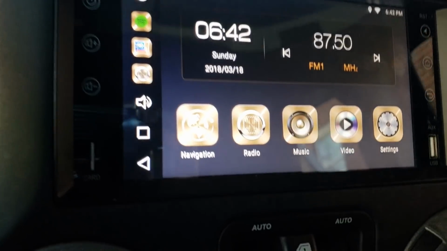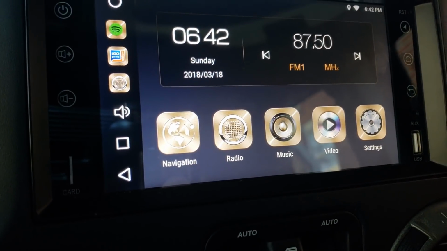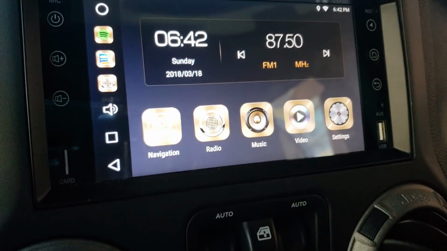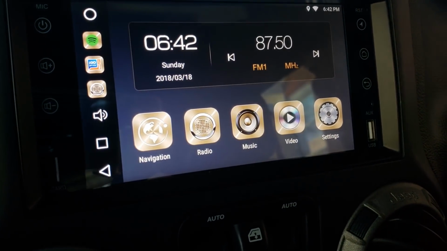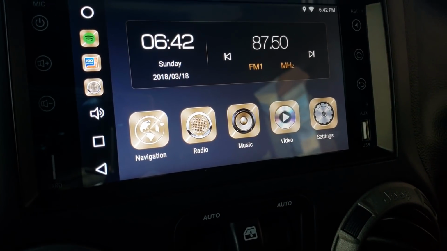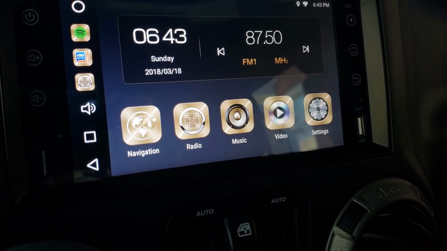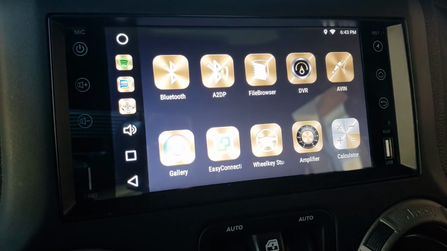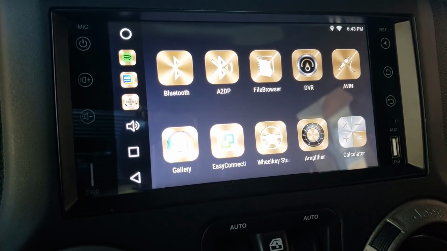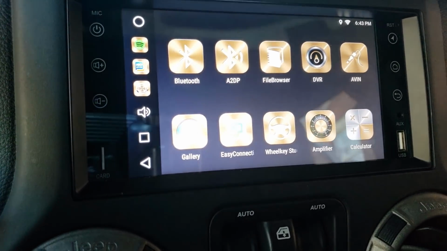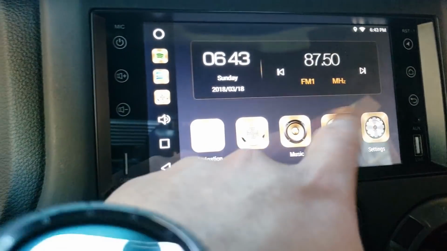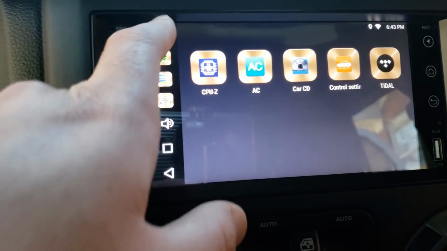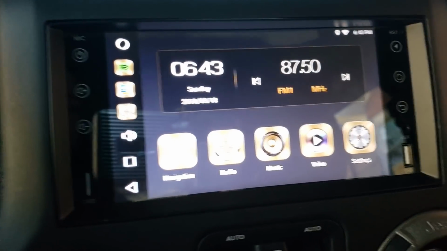Right? So we got your navigation. There you go. Navigation, radio, music, video, settings. This is how it goes from the default. And then there's your other apps. Bluetooth, A2DP, file browser. So it's not really like an app drawer. Everything just kind of lays on there, kind of like an iPhone. And everything adds itself to the end. From this home screen,